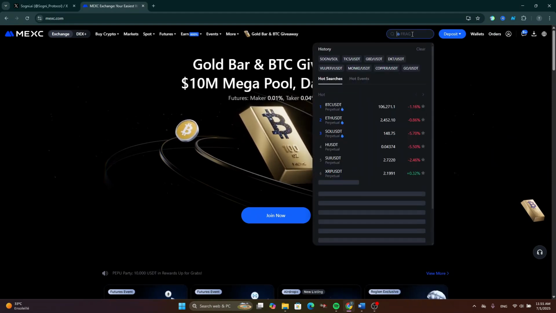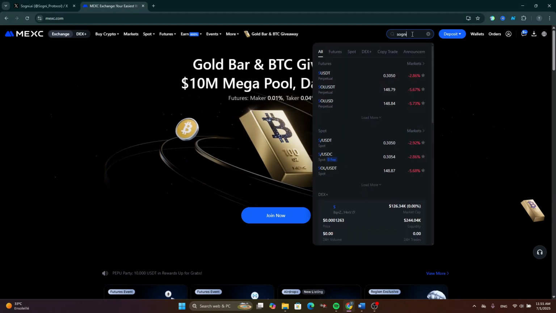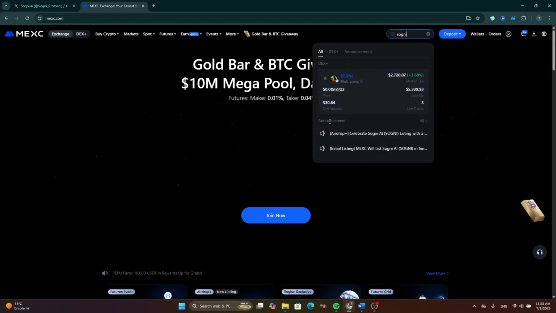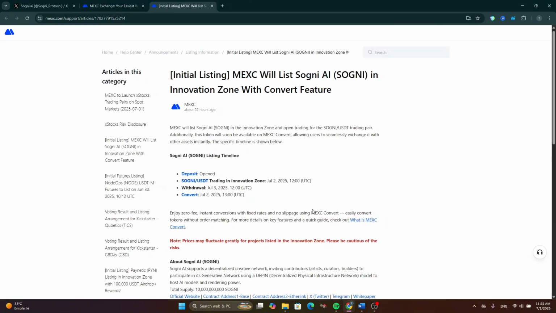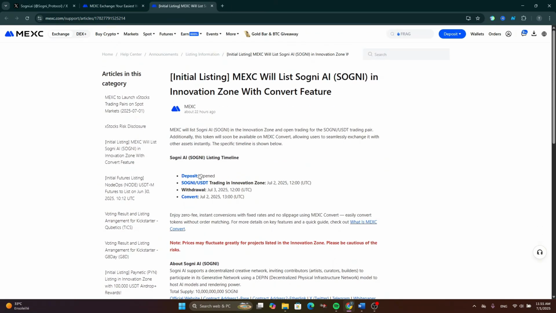And after that, click here in the search bar and type Sogni like that. So after that, you will be able to find this announcement. Now click on the initial listing announcements. Now as you can see, make sure to read all of that. So here you will be able to see the deposit is open. Now this pair trading is in a wait zone in July 2, so it will be released in July 2 at 12 UTC. Now the withdrawal is on July 3 at 12 UTC and the convert on July 2